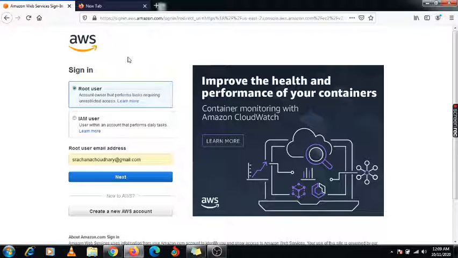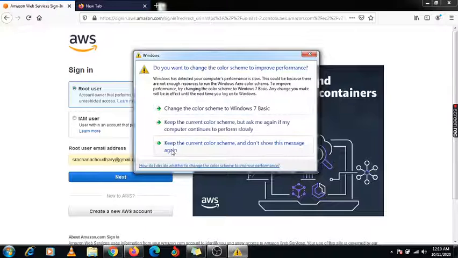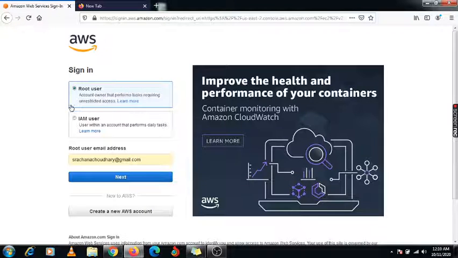We can create around 5,000 users under one account and 1,000 roles we can create for this single account, and at a time we can create 5 users at the same time under this AWS account. So first we log in under this root user, and using this root user we can create multiple users, and those users are called IAM users.